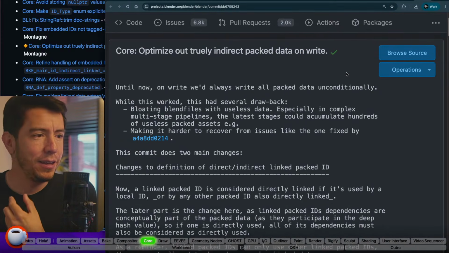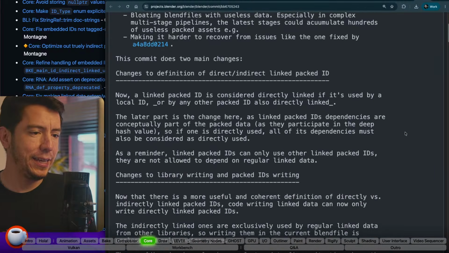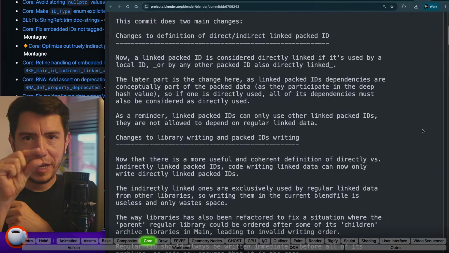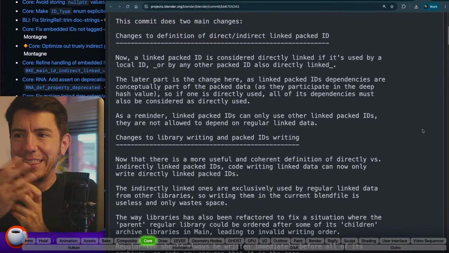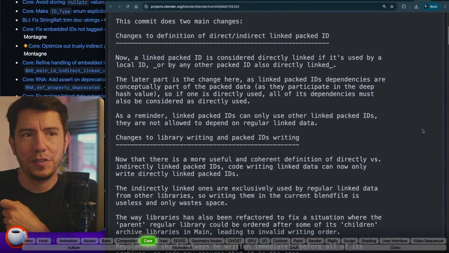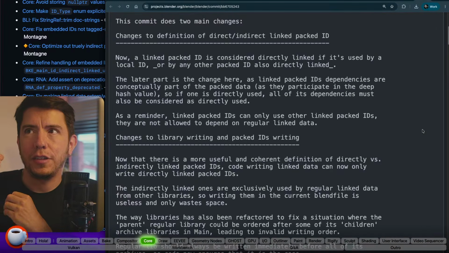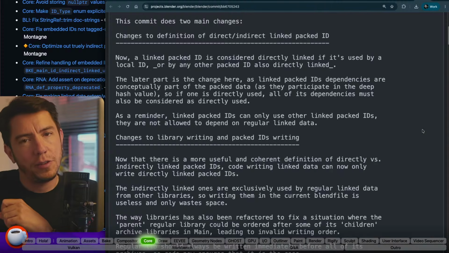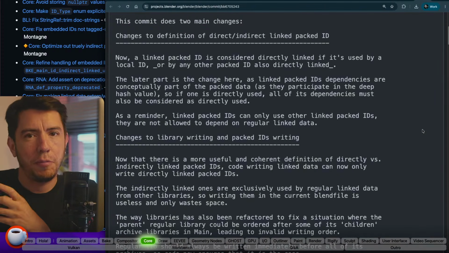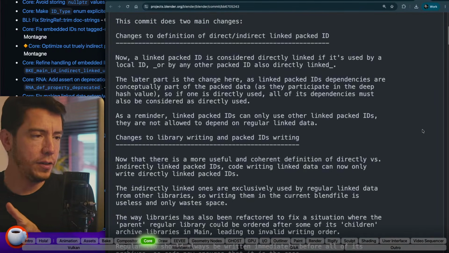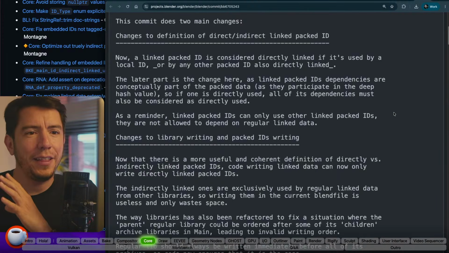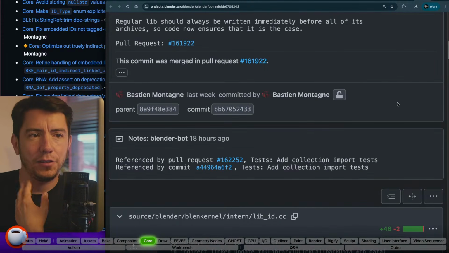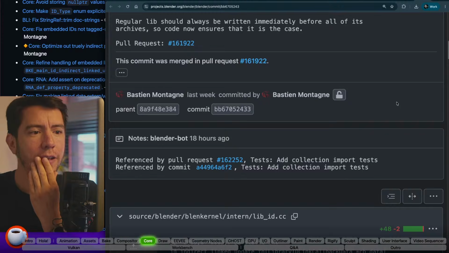What does it mean? Well, packed data is when you have the pack icon on any asset that you dragged into your scene. So Blender doesn't pack the same thing multiple times. It just finds it, okay, this is the one, and it's indirect. So I'm going to use it only once and not pack it all the time. Anyway, it's something very under the hood that can lead to big files, for example. And it's